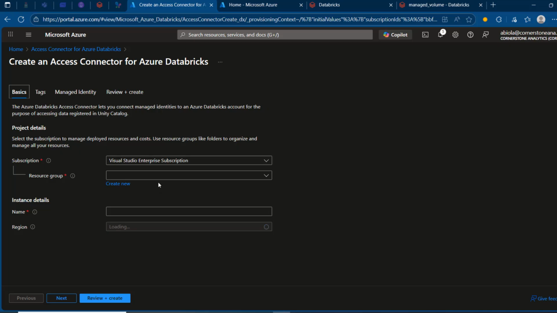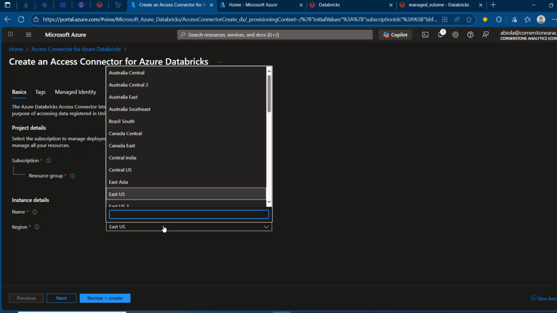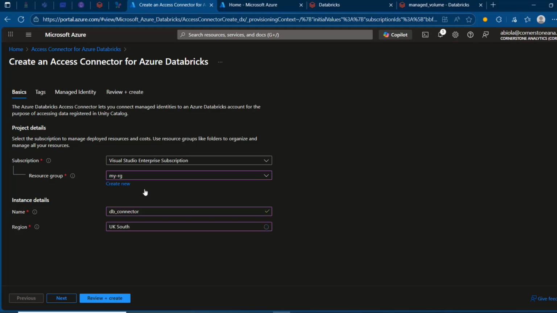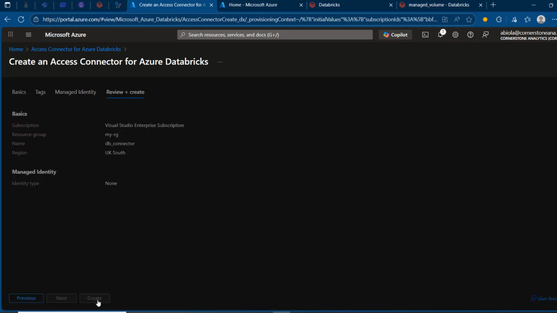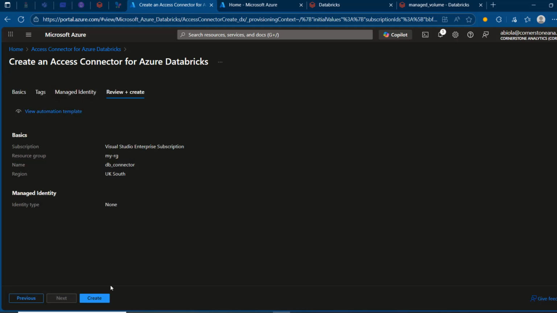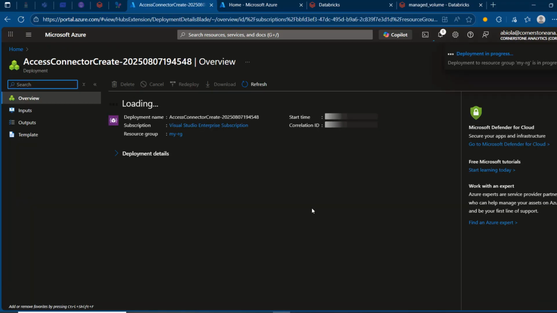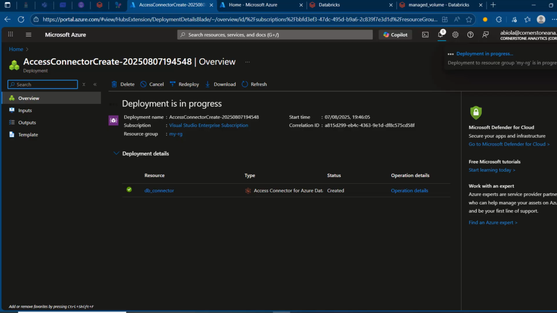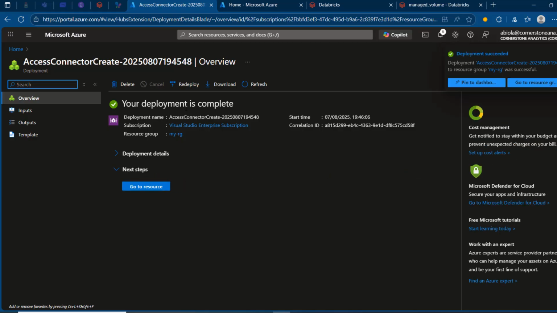Click on create, and I'm going to choose the resource group name. I'm going to call this one DB connector, and I'm going to maintain the UK South region. I'm going to click on review plus create, and it's going to be validated, and I can click on create. Now, after we've done that, we need to grant this newly created connector the storage blob data contributor on top